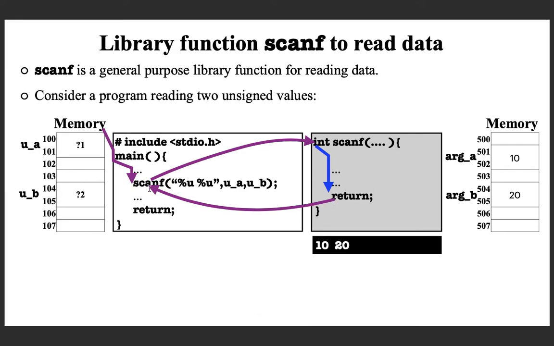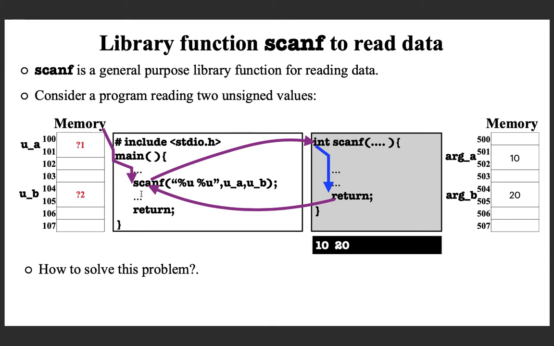When you execute the return statement, you know that the control gets transferred back to the calling function, which is main. Now note that nothing is explicitly returned. These values are not returned, and hence you are not actually able to get 10 and 20 here. See that the values of UA and UB, which is unknown, passed into this previously, and then into the local arguments of scanf, actually you read the values, but unfortunately you are not able to return it. Now the question is, how will you solve this problem?